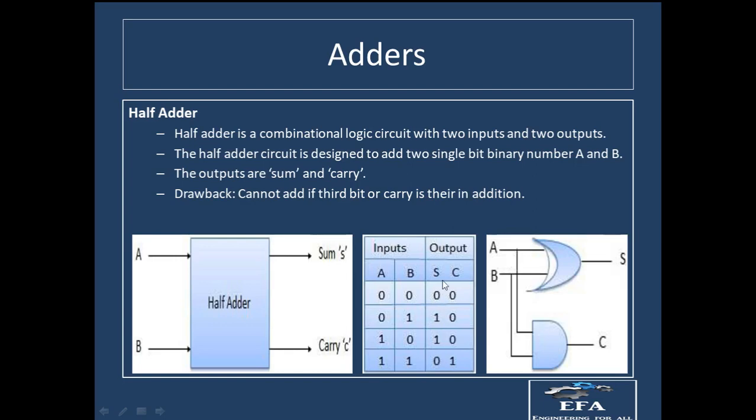Okay, so if we want to have the circuit with the sum part, we need just one gate, that is the XOR gate. You can see over here that I have drawn an XOR gate, into which we are giving the two inputs A and B.